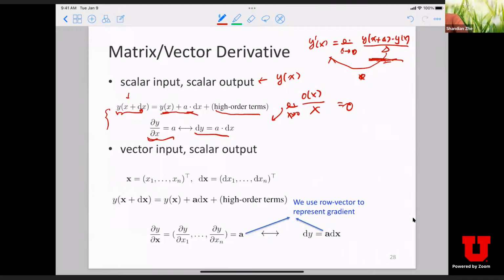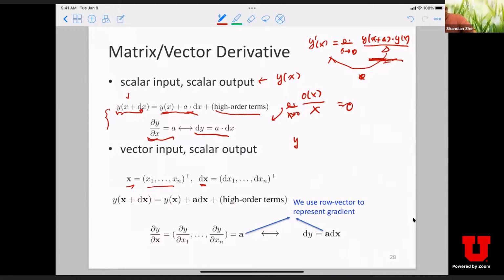So suppose your function is still a scalar, meaning that the function output, the function value, is still a number, but the input is a vector. So say you've got an n-dimensional vector. That means your input actually consists of n elements. And then the derivative of x, you can view it as an n-dimensional vector as well. That's basically the derivative of each element in x, so dx1, dx2 to dxn.